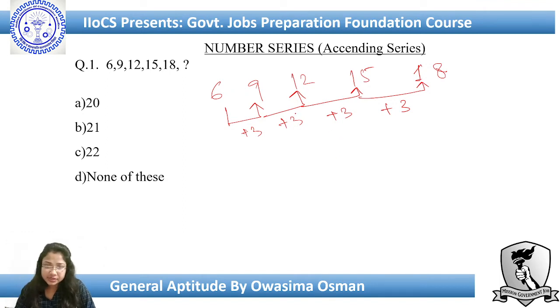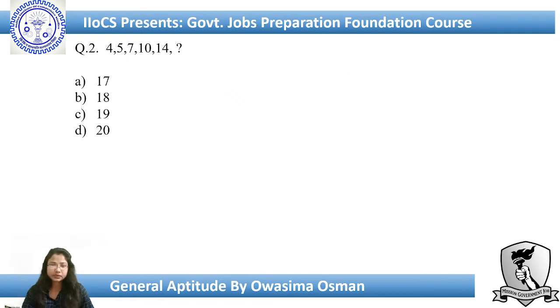Every next term is the plus 3 of the previous term. So our required answer will be 18 plus 3, that is 21. So option B will be correct. Okay. Next,